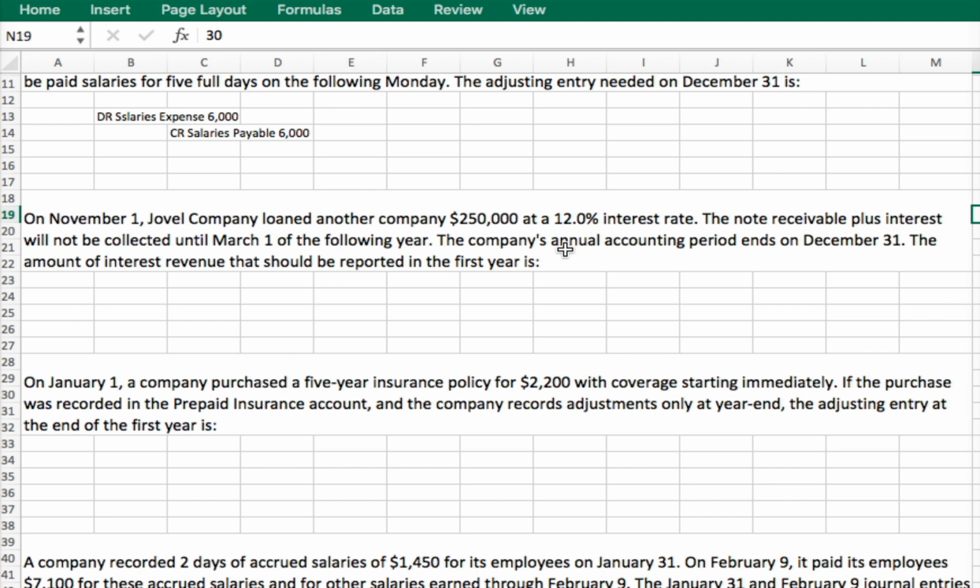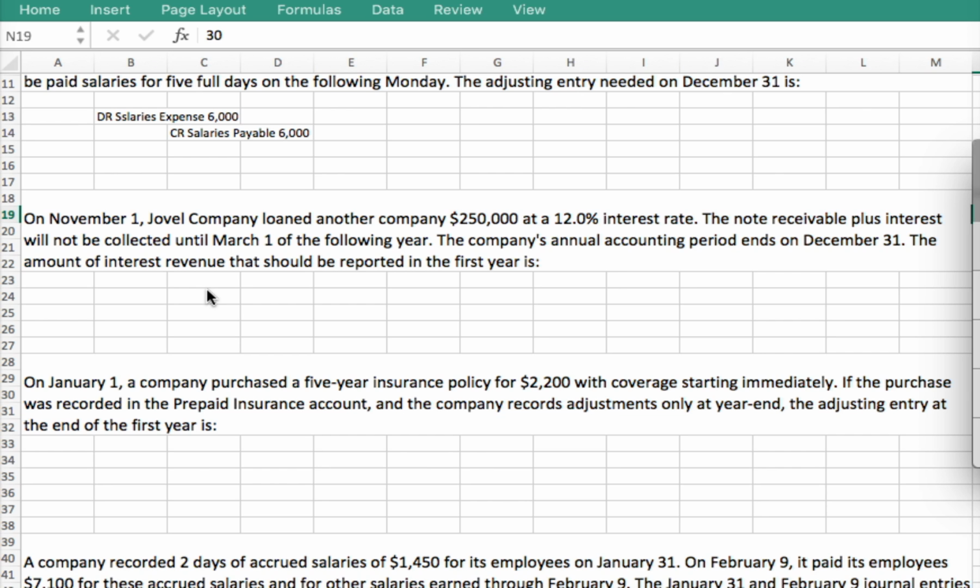That means 1% per month, basically. Okay, so in this case, for 2 months worth, we have 2% of this $250,000 that we're going to owe for interest. So all I have to do to figure out the amount is multiply 250,000 times 2%, and we get $5,000. Okay, so $5,000 is the amount of interest revenue that would be owed on this note payable as of December